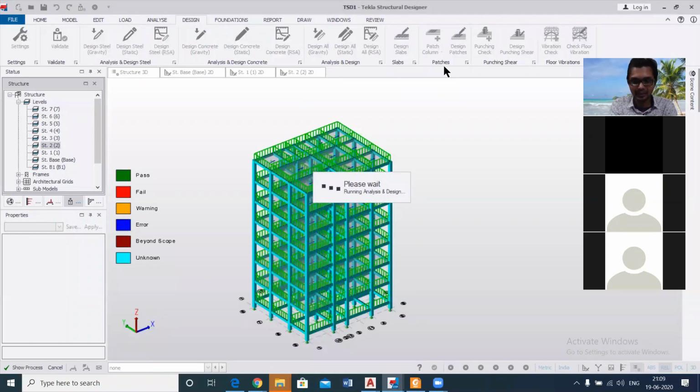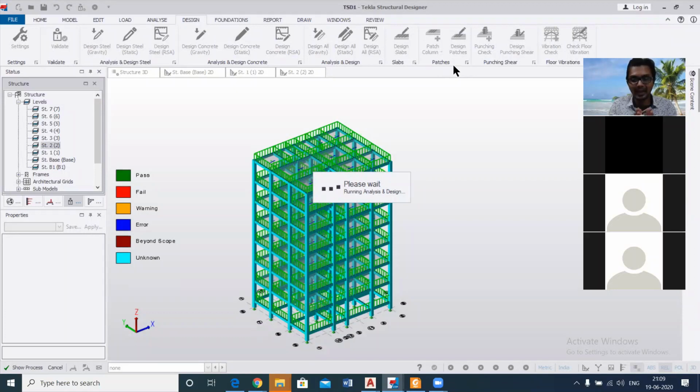Basically, after this, in this software, you'll get the structural drawings, the sizes of the members as well as the reinforcement of the members, and also you'll get the report. And in the report you'll get the material quantity, because in any projects, most of you have done, I think some of you have done estimation. So in estimation, we want to know the cost of the project, and we want to know how much materials we want to procure, how much cement, how much sand will be utilized in the project. We need to know that. That's why we do estimation.